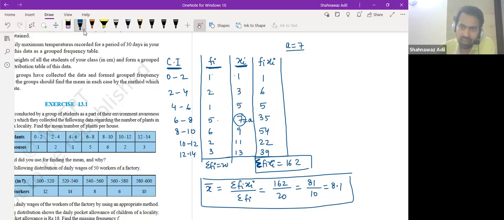Yes, sir. Okay. And then we are trying to understand the assumed mean method. So for assumed mean method, from the class marks, we assume some a, right? So let's say it is 7. So then we make another table which is di and this is xi minus a. So what would be this? First